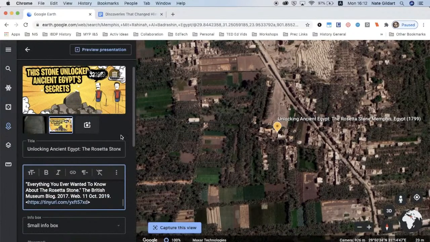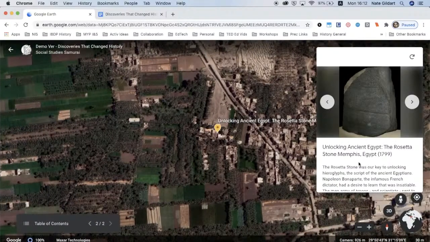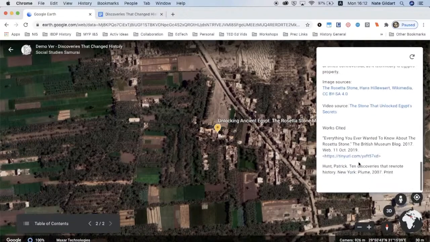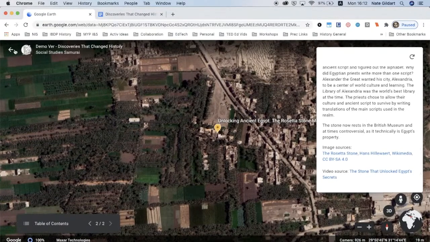Now, let me click Preview Presentation. I'll show you how this looks. So now I have this white knowledge card. But you know, I don't really like the white. Now, it's good that I've got a little bit of space between things, not too bad. But I'm going to go back